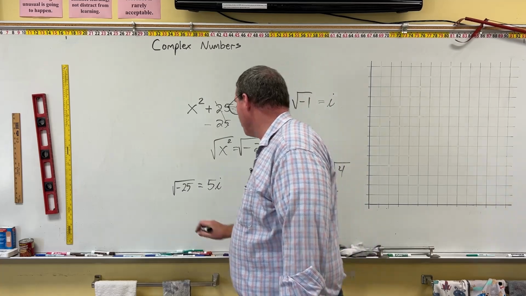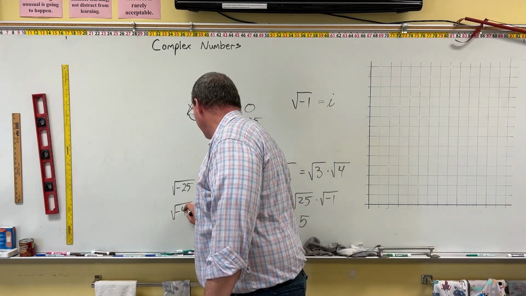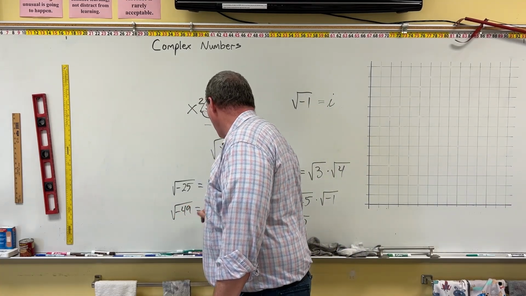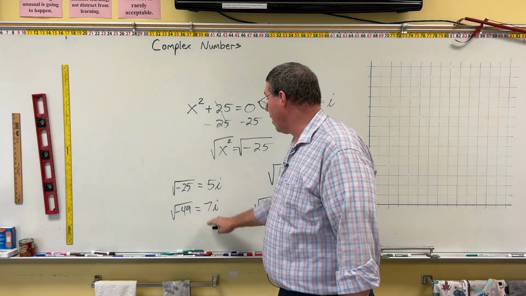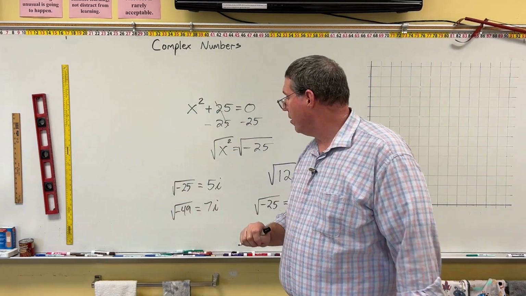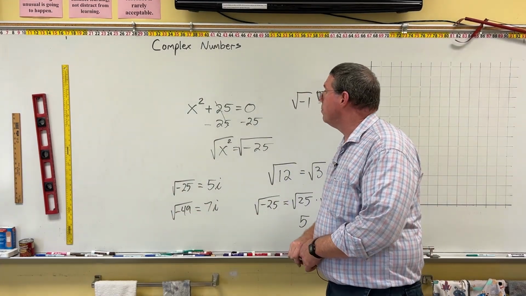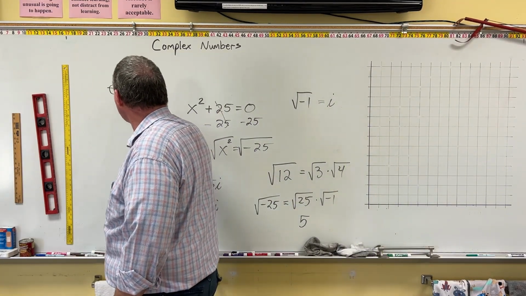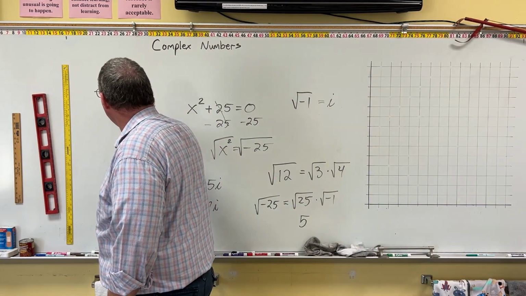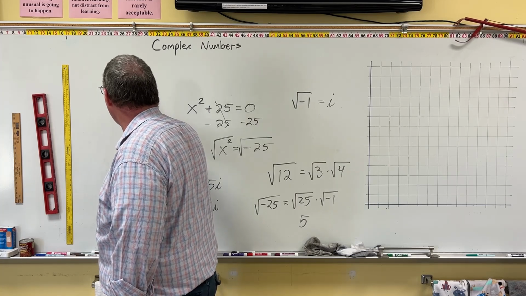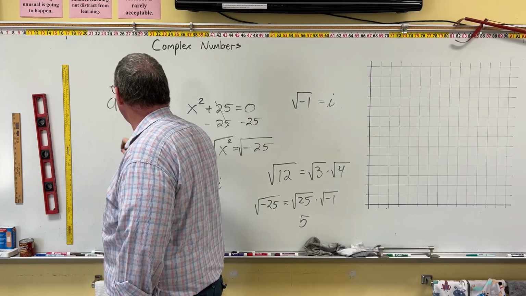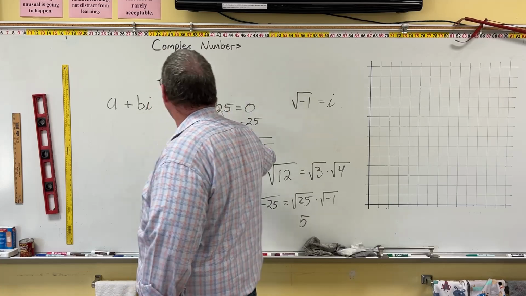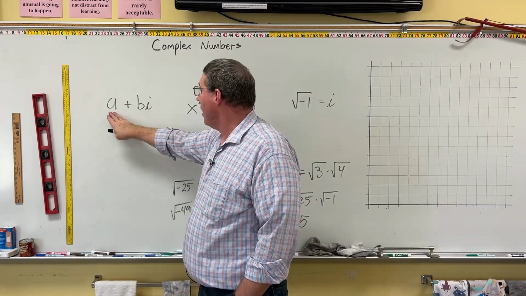Okay? And we could also write the square root of negative 49 as 7i. Why? Because the square root of 49 is 7 and the negative is represented by the i. And ultimately, what we have is we've come up with a form where we can actually represent a complex number as a number that does not have an i plus a number that does have an i. So the form of all complex numbers is a plus